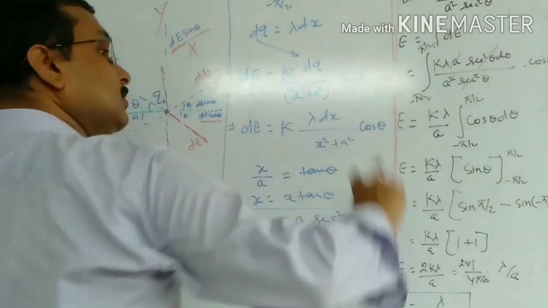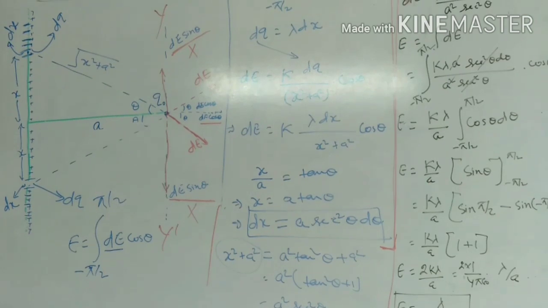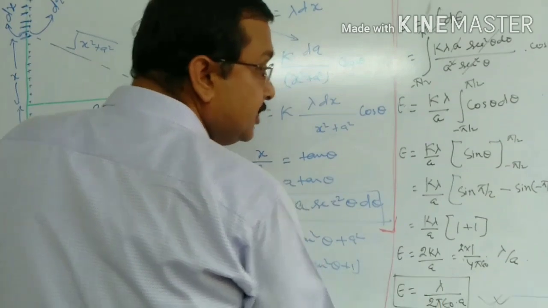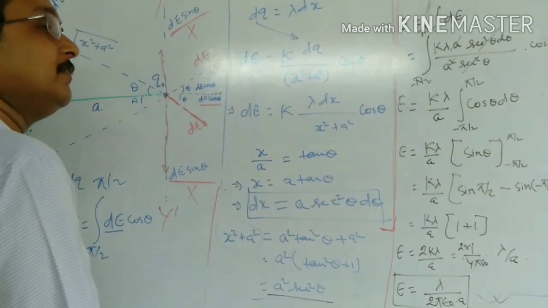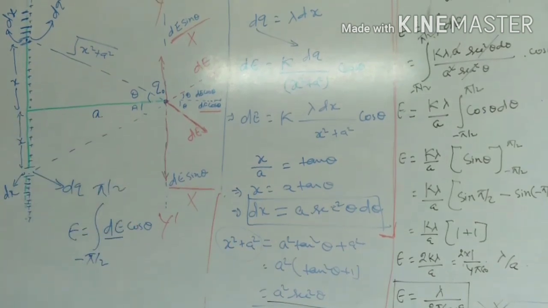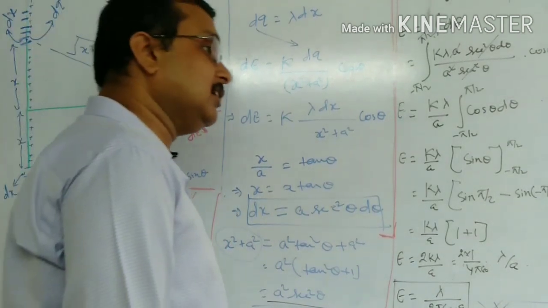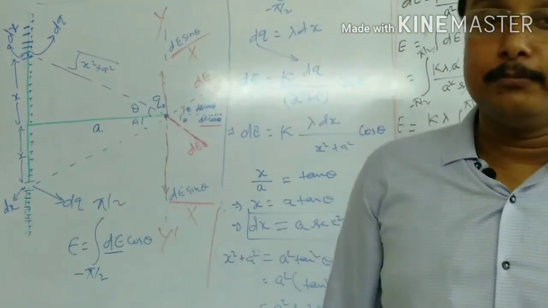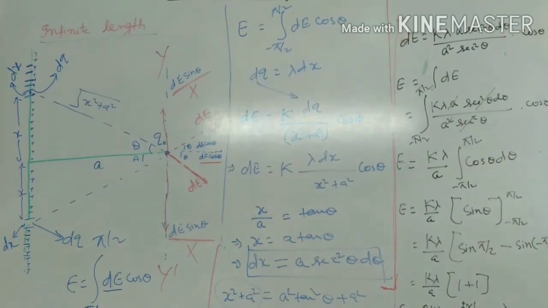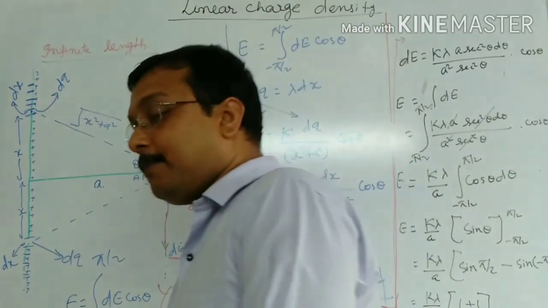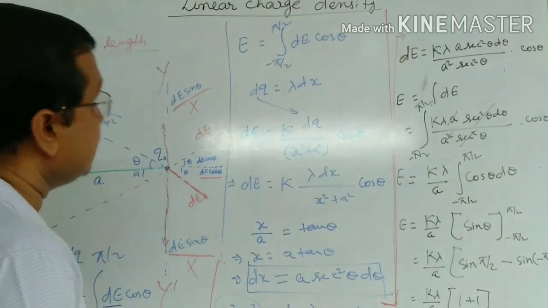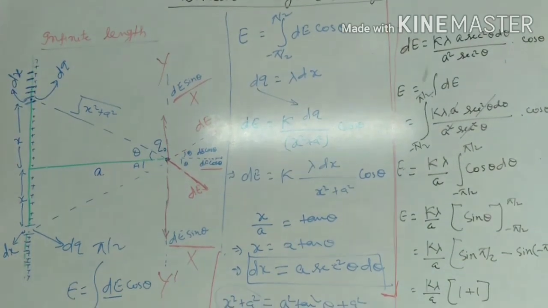When the point is very far, what will happen? Almost the electric field is zero. And when it is coming closer to the line, the electric field is larger. We shall discuss the graphical method. First we have to calculate 2 other derivations also. Then we shall learn how we can draw the graph. So first just see now the case of semi-infinite length.